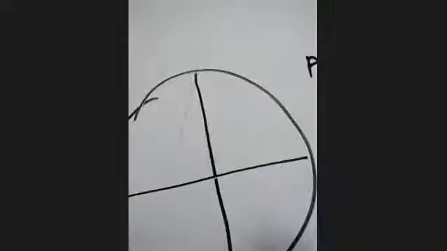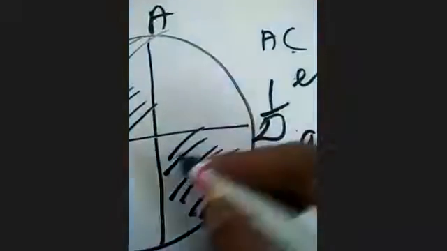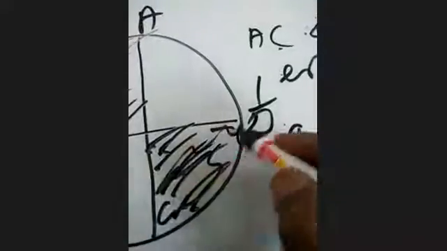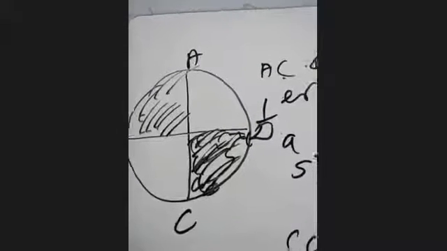So what is the diagram? The diagram is given. This is your circle. These are the two diameters. They are perpendicular to each other. It is given that the area of the shaded region is given. Which is the shaded region? The shaded region is the cross area. Very simple question. Now the shaded region is there and it is asked to find the diameter AC.